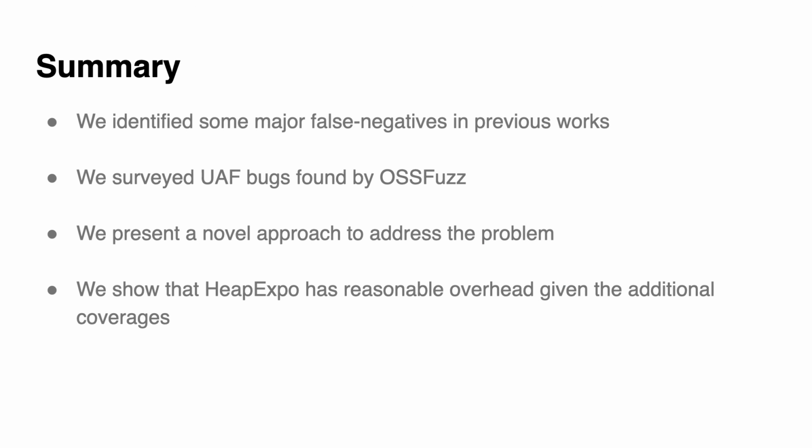So, in summary, we identified some major false negatives in previous dangling pointer invalidation works. We surveyed use-after-free bugs found by OSS-Fuzz to study the severity. We present a novel approach to address the problem by volatilizing vulnerable pointers. We show that HeapExpo has reasonable overhead